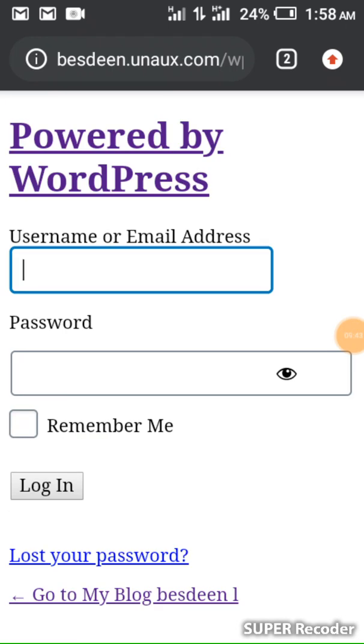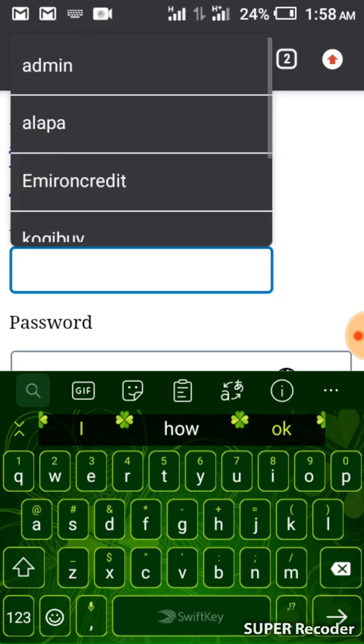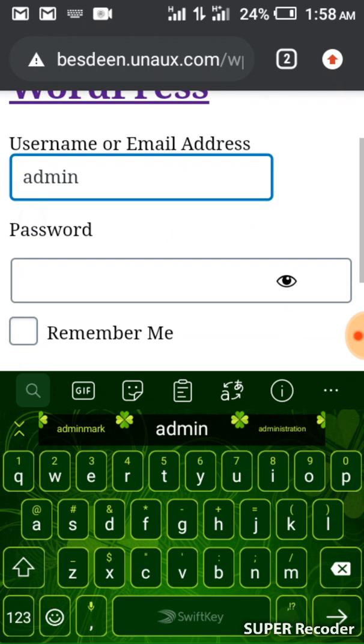So it will take us to this place. So I have to log in now. Admin, my password was